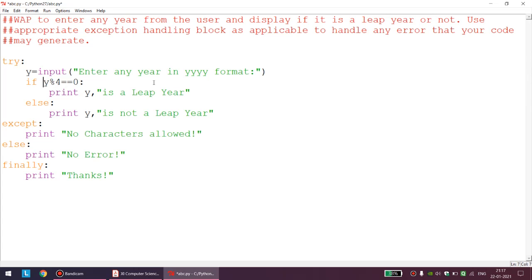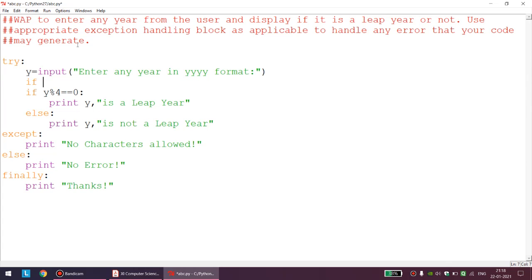If length of str of y equal to 4 and modulus 4 is 0, then it is a leap year. I think else is not required, most probably. Otherwise, okay. Instead of this, I will go for the proper thing, because this may confuse many of you.